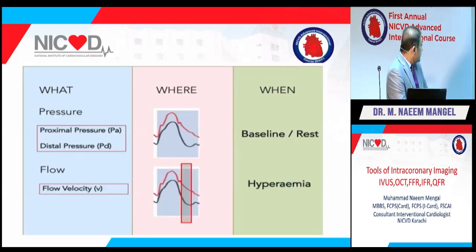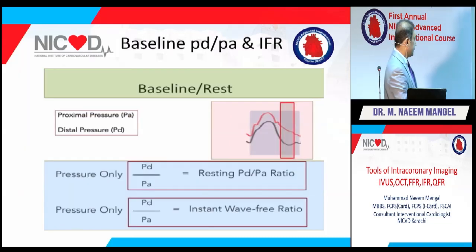So as we discussed, in case of FFR, we go for the whole cardiac cycle and we create hyperemia. But in case of iFR, we don't create any hyperemia, we just go for the diastolic phase pressures. So if you go for the resting pressures, baseline pressures, this is the iFR. We just